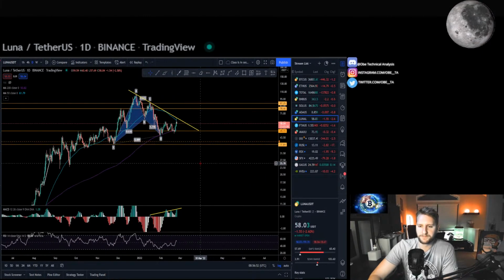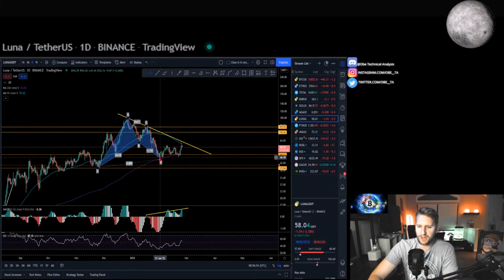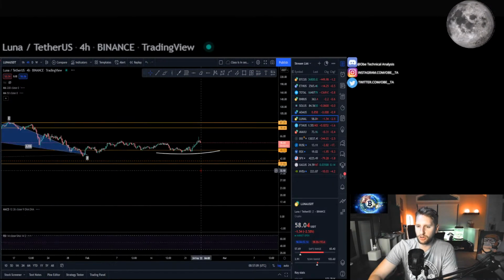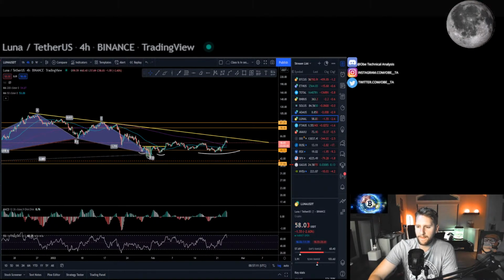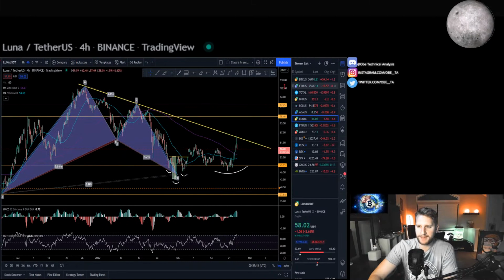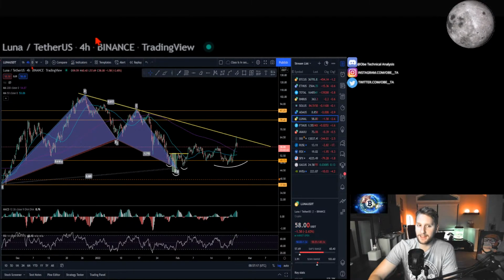But it's like you got the reaction off the harmonic. You came down to confirm the low. This is exactly what you want to see before now just wicking down off the 50 moving average and the trend line. We'll see, man. We'll see what tomorrow looks like for it. But I just don't have a lot of faith in anything.